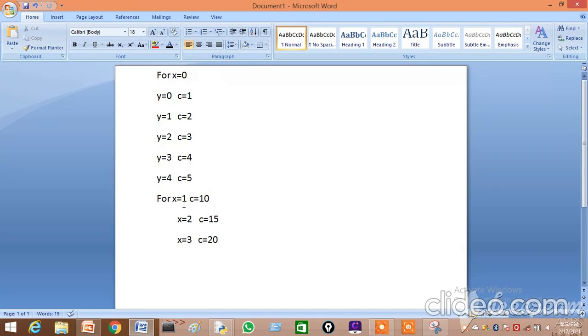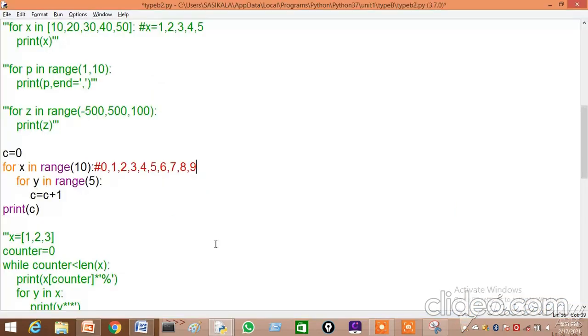Next, X is equal to 1. At the end of the while loop, C value is equal to 10 and X is equal to 2, C value becomes 15. It will be incrementing. So X is equal to 3, C value equal to 20, like this. It will be incrementing. At the end of the loop, C value will be 50.